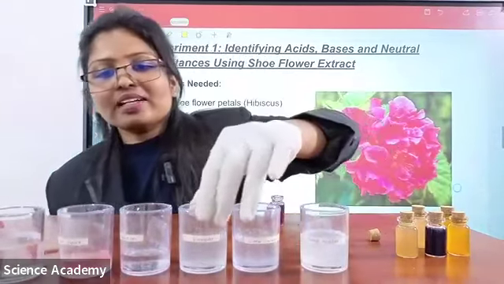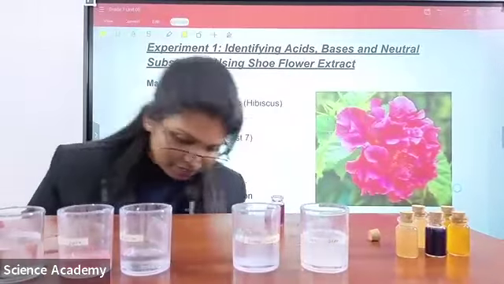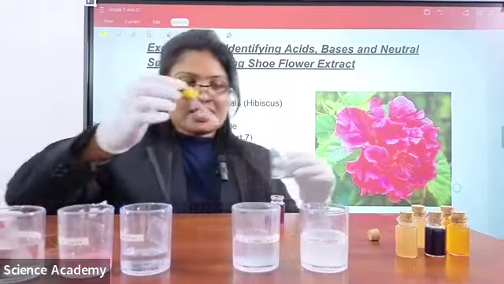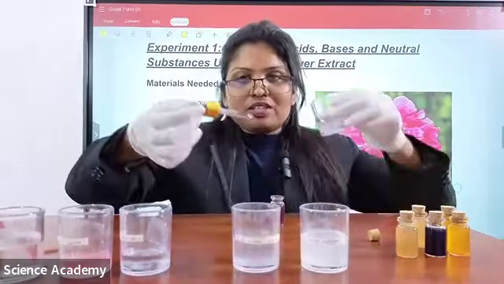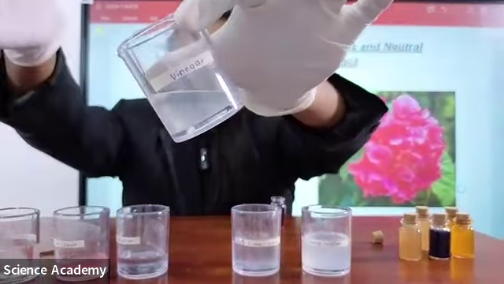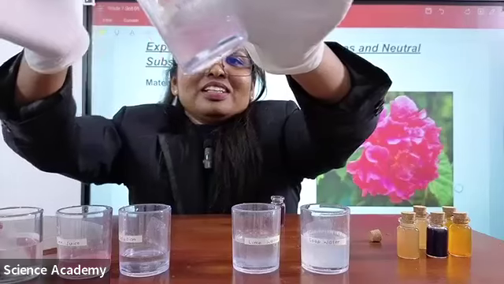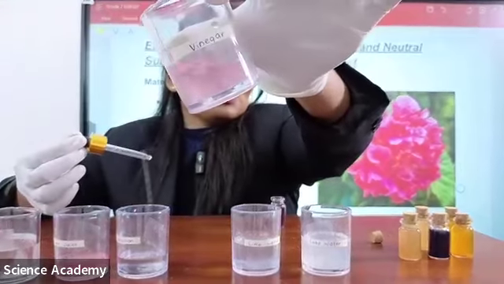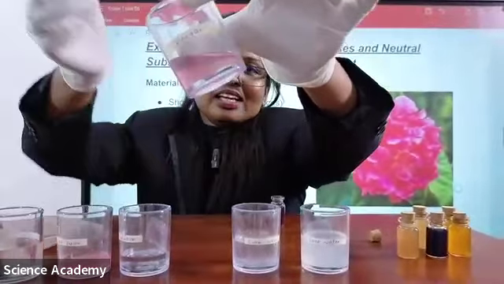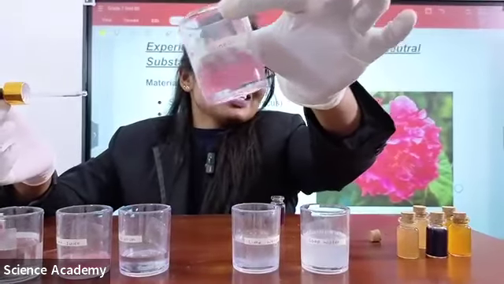Okay. So the next one, I am going to add it into vinegar, right? Vinegar. So let's have a look. We'll add a certain amount into a vinegar solution, right? Here this is vinegar. I hope that you can see it, vinegar, and then I am going to add it. What is the color change? Pink. Once again, pink. Yes, light pink, right? Yes, a bit of light pink. Let's see. Okay, what is the color now? The previous pink color is coming, right?